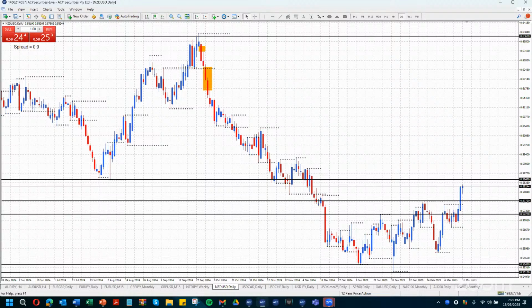Personally, even if it does hold there, let's say we do come up here and hold, I would look for this to be support now, this broken high at 57.72. I would look in that area for an opportunity to get long, whatever your setup is, to try and hold it, to trade up. So we have imbalances up here near the top that potentially need to be filled.